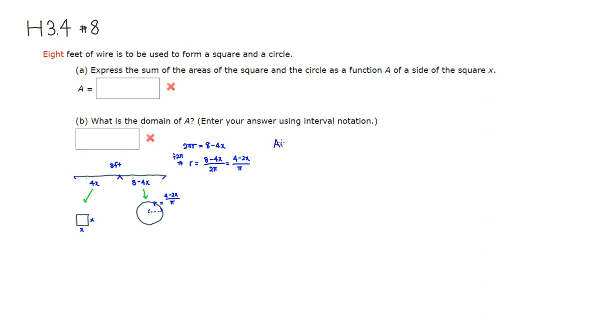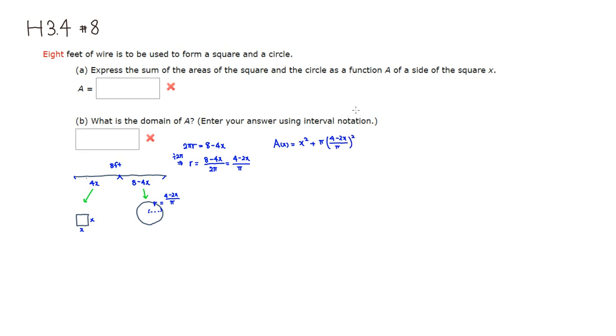A of x is equal to the area of the square, which is easy, x times x, so x squared. Then the area of the circle is pi r squared, so pi times 4 minus 2x over pi